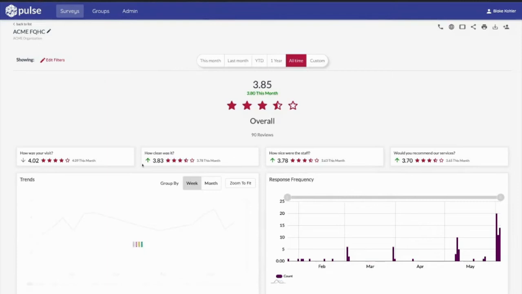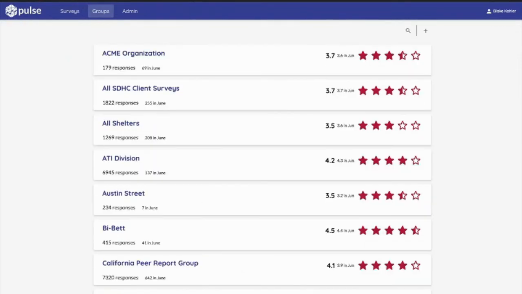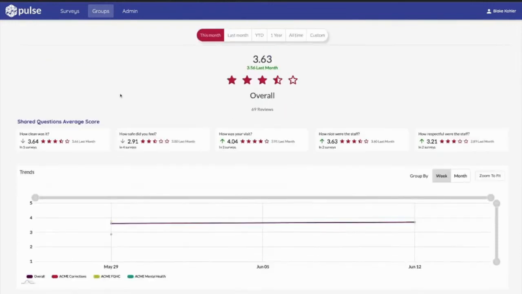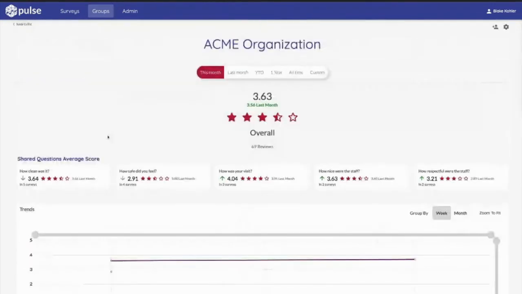Now, this is an individual survey dashboard. If I'd like to see a group dashboard, I can click on this group tab at the top here. Doing so, I will be able to see all of the groups that I'm currently associated with. I'm going to look at the Acme organization, and this is going to be a breakdown of all of those surveys that we just looked at. And you can see that how clean was it is a shared question asked in 5 surveys. And so in your organization, if you have shared questions, it'll show you how many